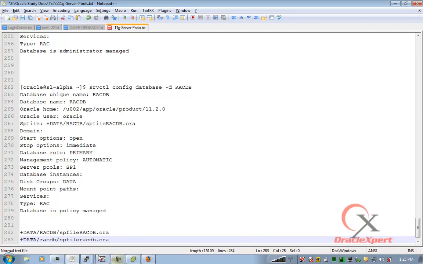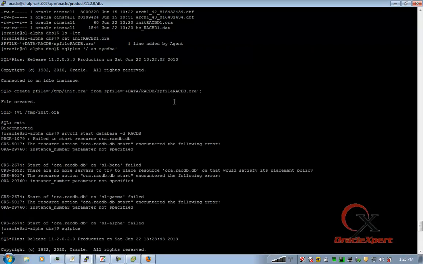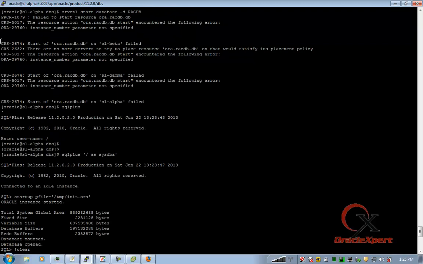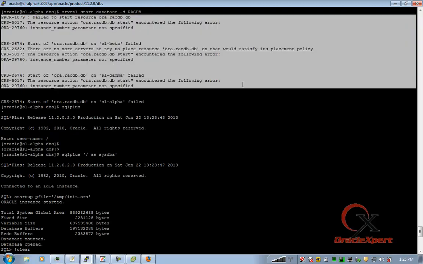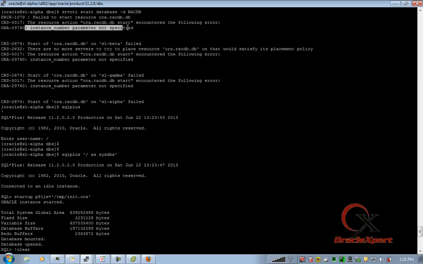Somehow it was still complaining, saying in the SP file it couldn't find the instance number parameter.